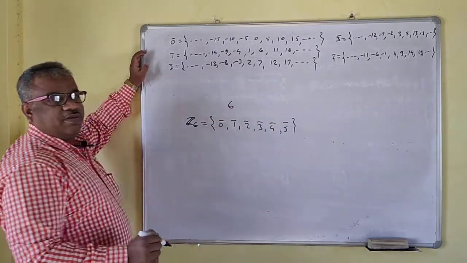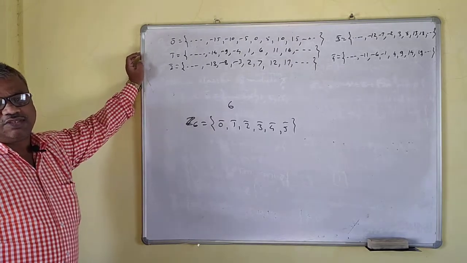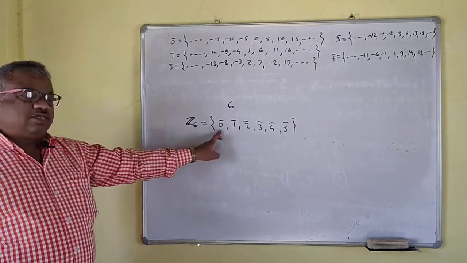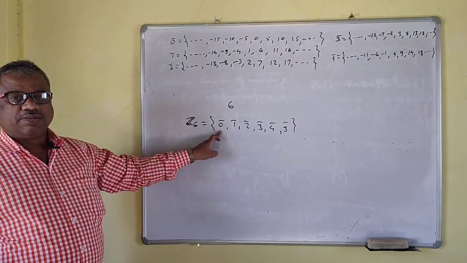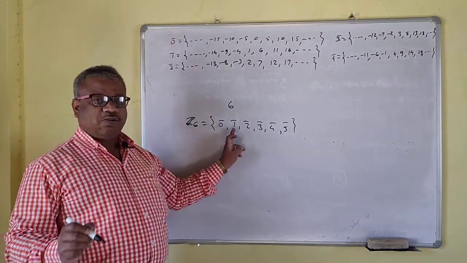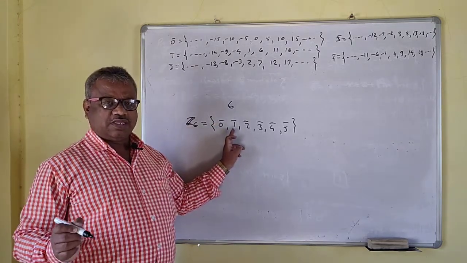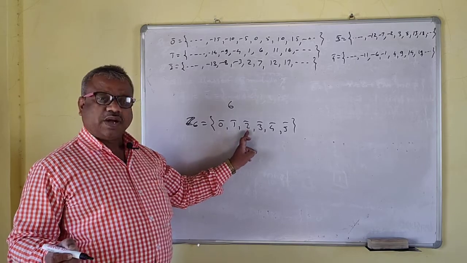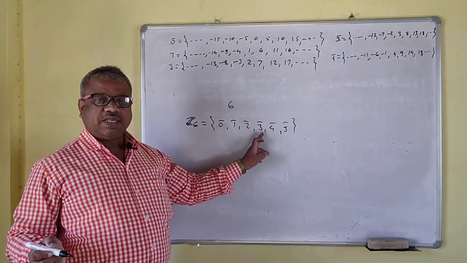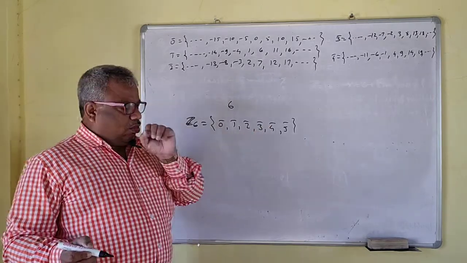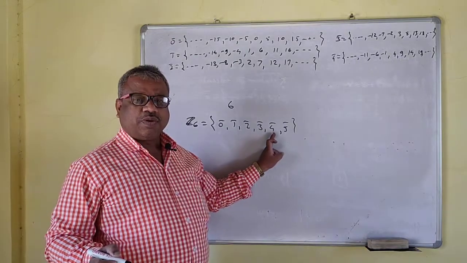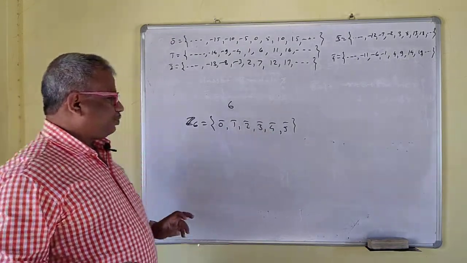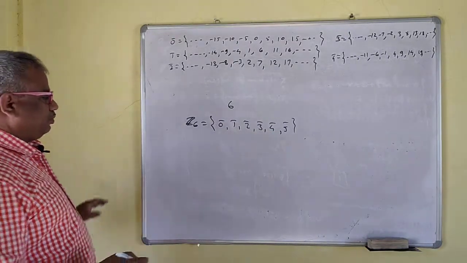Not 6 bar, because if you divide 6 by 6, then this is 0. Then this is 0 bar. Your 6 bar is same as 0 bar. Your 7 bar, if you divide 7 by 6, then this is 1 bar. 8 bar is same as 2 bar. Right? 9 bar is same as 3 bar. So 10 bar is same as 4 bar. Okay? I hope that you understand this one.